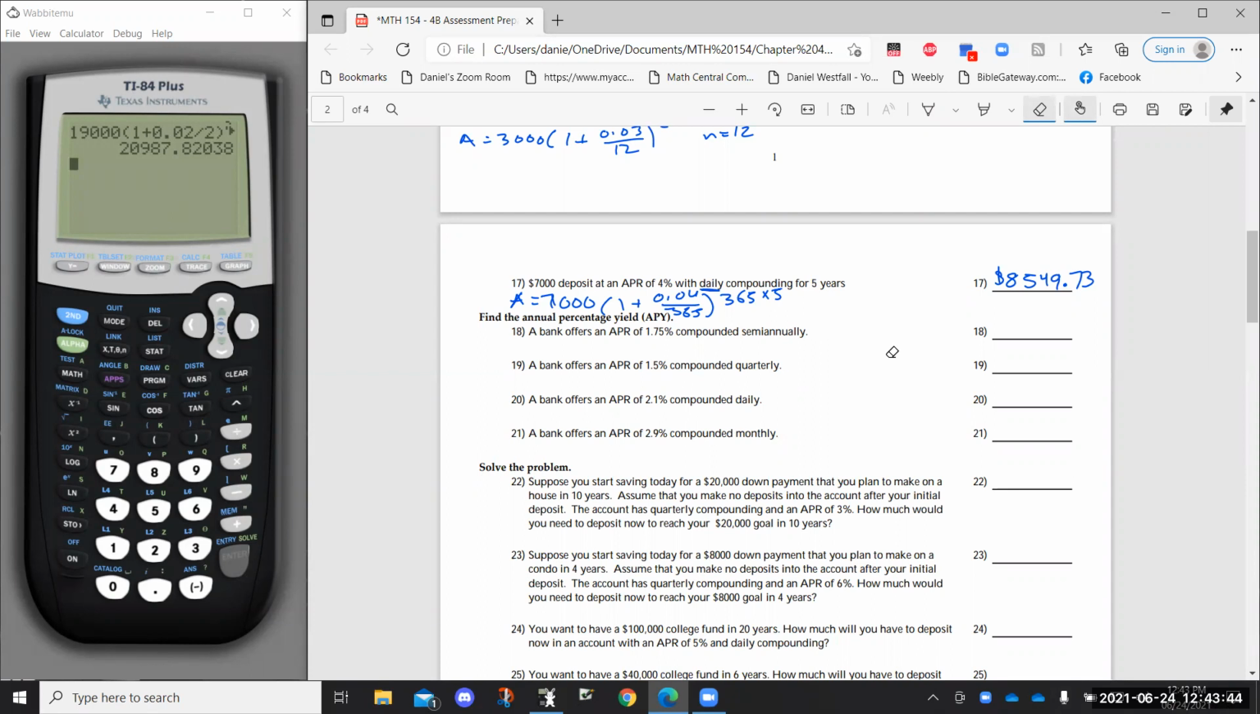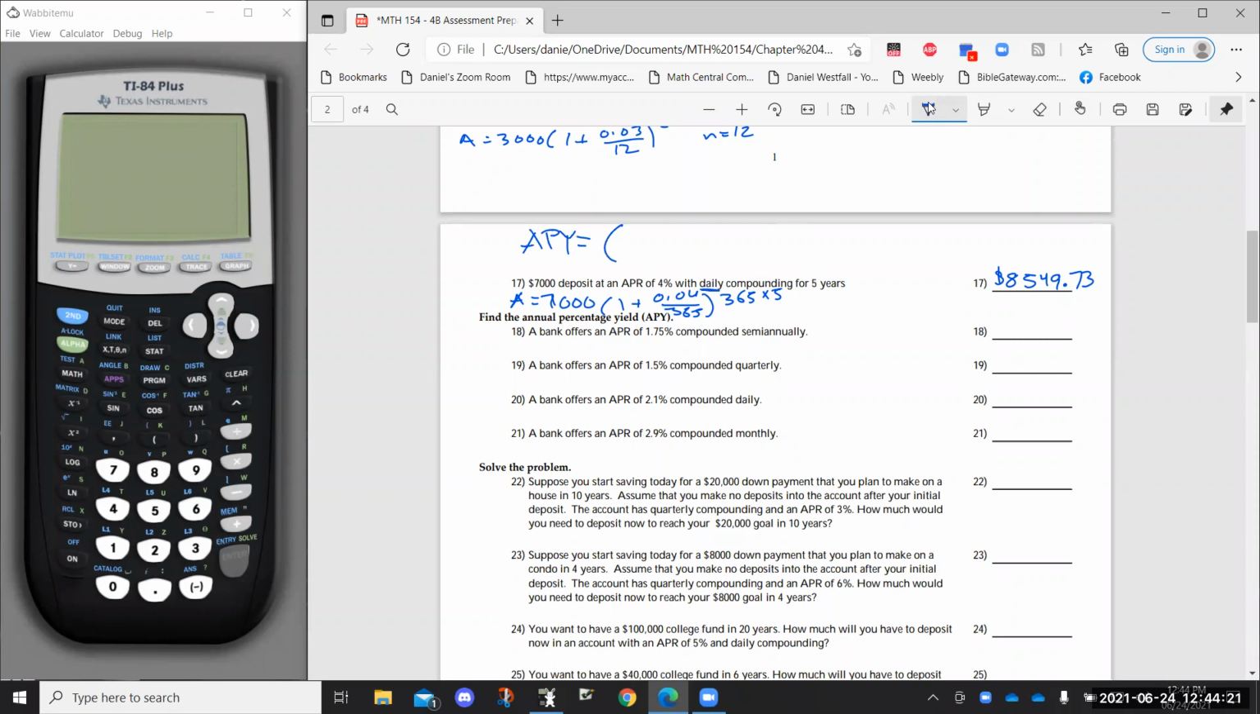And just look at how much interest you would have to pay if this was a loan. If you borrowed $7,000, you're going to have to pay back $8,549.73. So, okay, the bank offers an APR of 1.75 compounded semi-annually. Find the APY. So the APY here, let me just write it up here, APY is equal to, I know